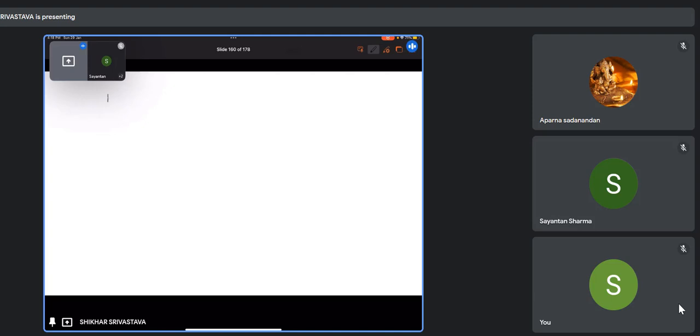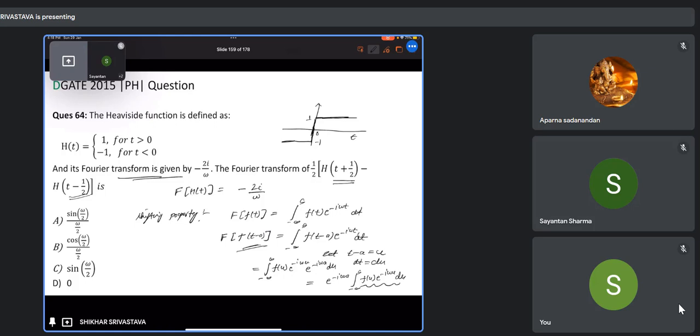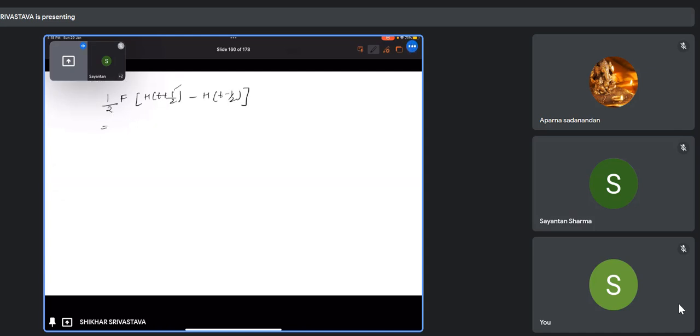So in our question they have asked what is the Fourier transform of h of t plus half minus h of t minus half. So we know that since here, if you just compare with this equation, then here a is with just exponential minus I omega a term will come in as a constant. So here your a is minus 1 by 2, and here your a is 1 by 2. So you'll just simply write